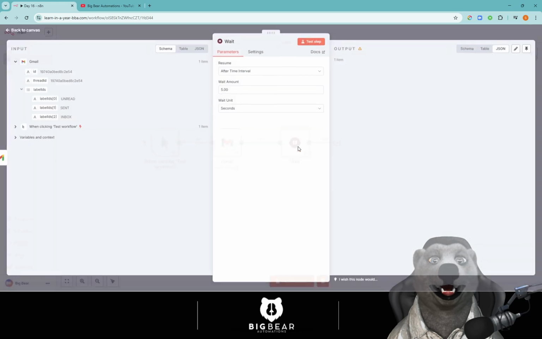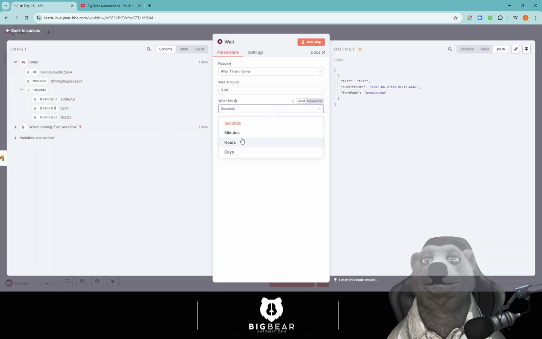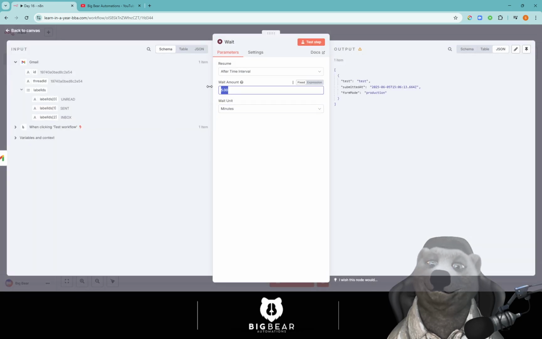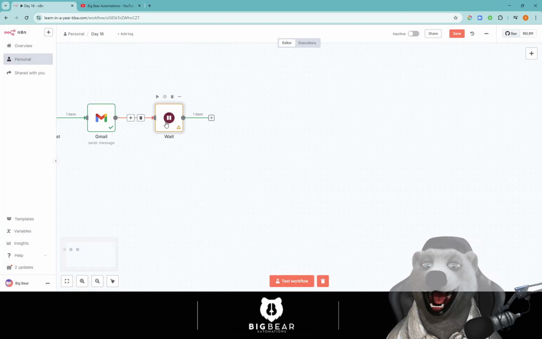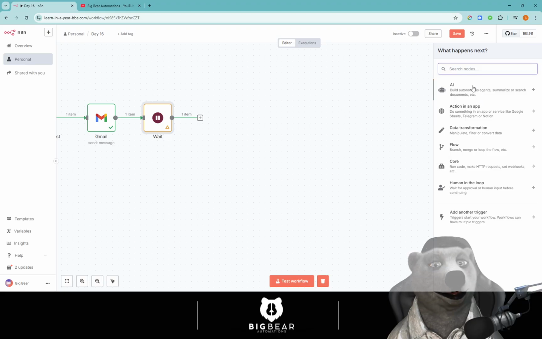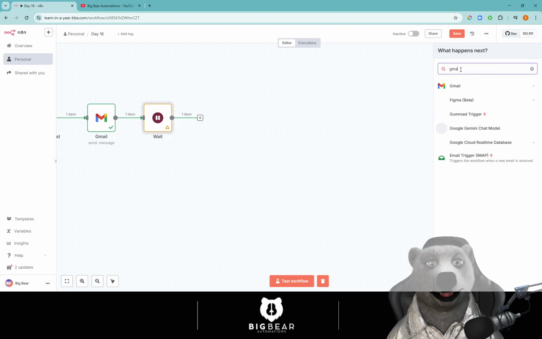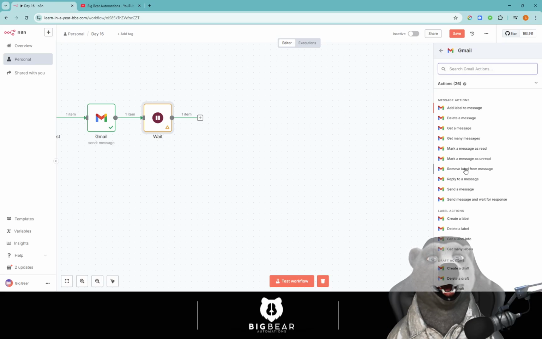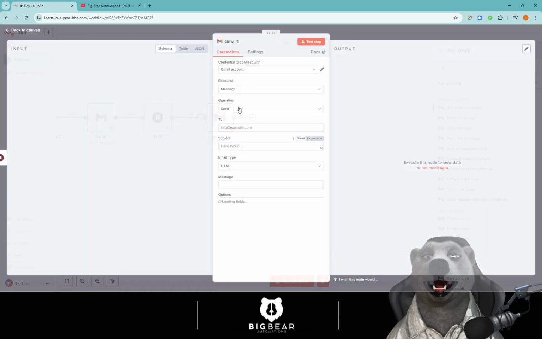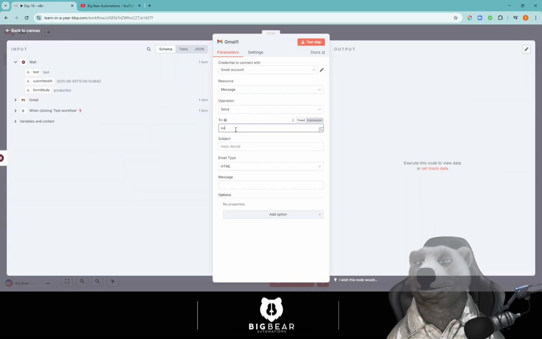And then I would wait for 15 minutes, 20 minutes, let's say 20. And after 20 minutes, I then want to send another email to the same user. So with the same user, saying here is the how-to guide,